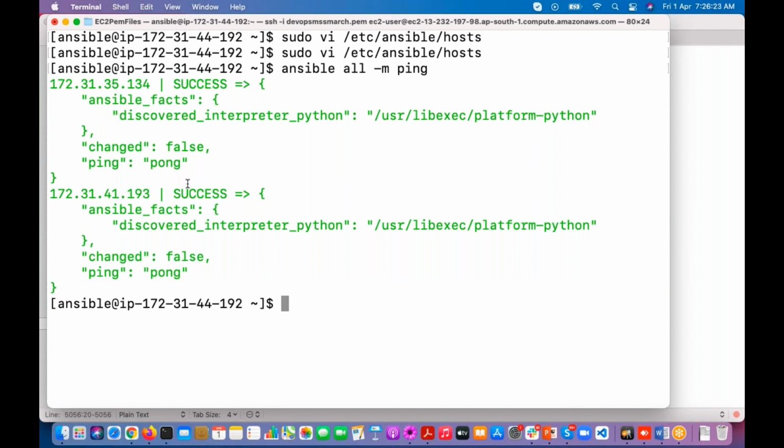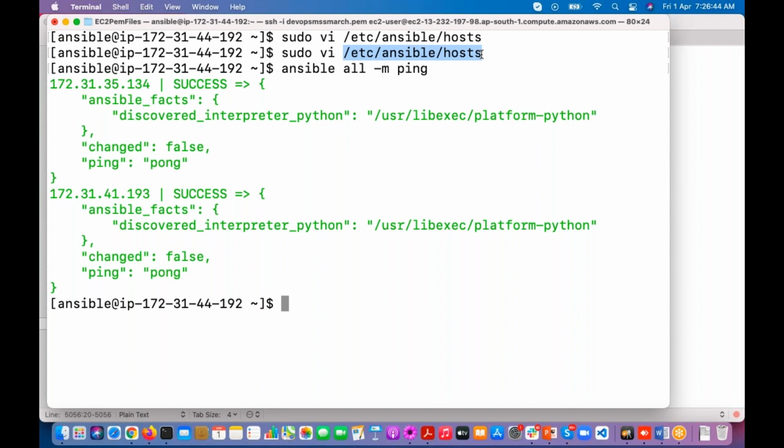Sangamesh is asking, sir, in real time, if 100 servers are there, do we need to copy all these IP addresses? Yes, we need to keep those hundreds of servers' IP addresses in this particular file. This is the default host inventory file. Is it possible to use a custom one?